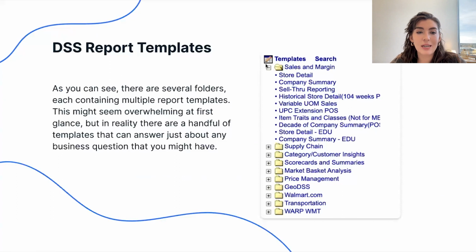So as you can see, there's several folders containing multiple report templates. Again, calling this out because we are transitioning DSS to Luminate. If you have a bunch of reports in here, or you have someone who's been at your company for a while and they are the report wizard, I would start learning these recipes and learning how to convert them into Luminate. That would be like the number one priority,